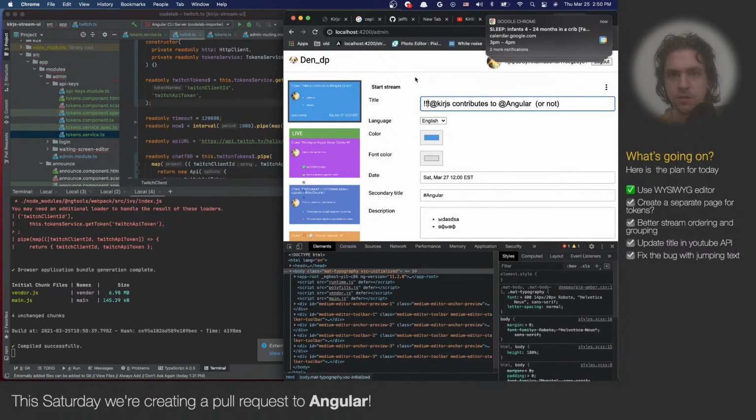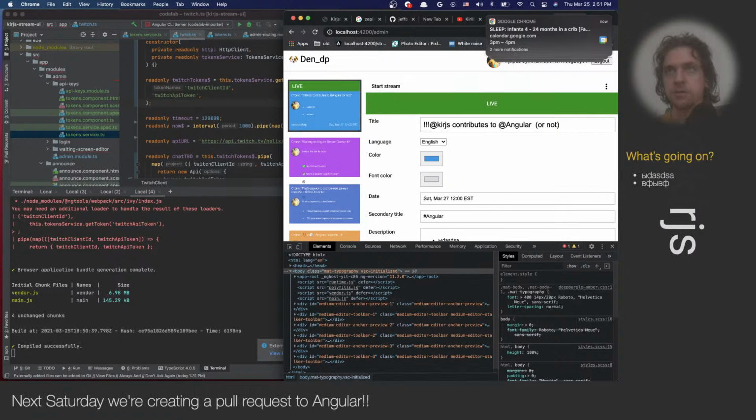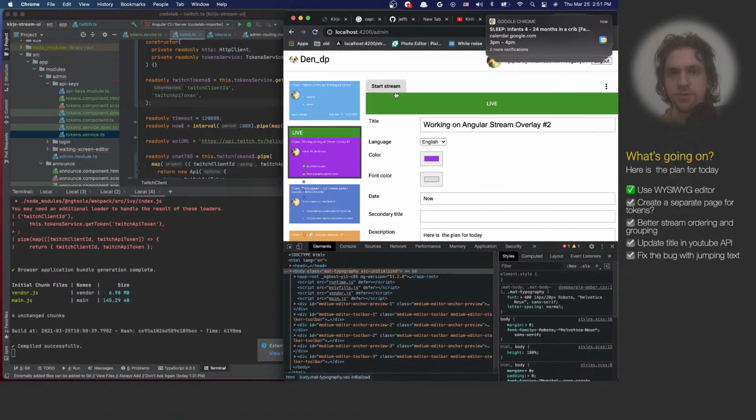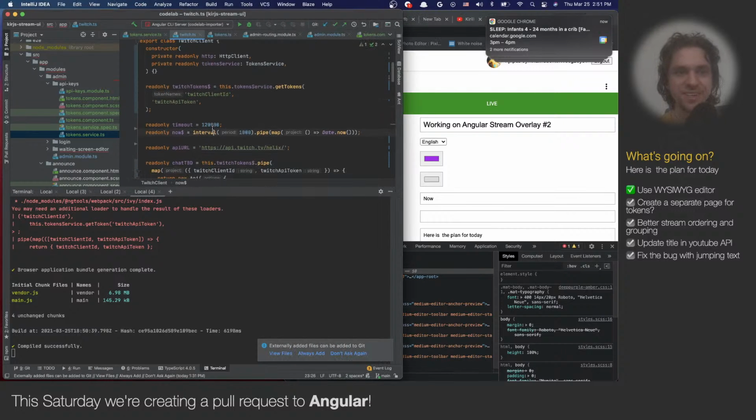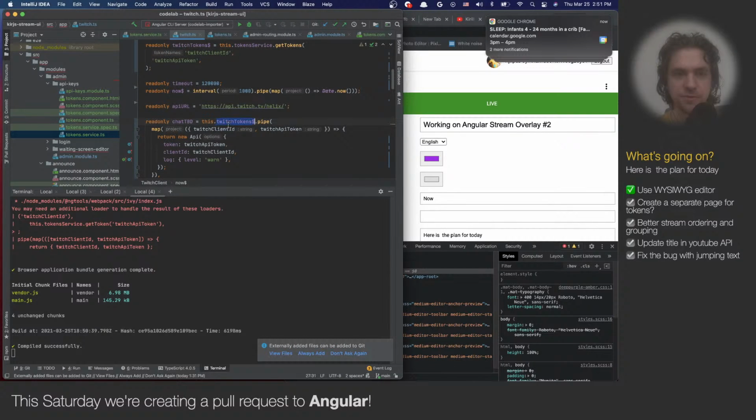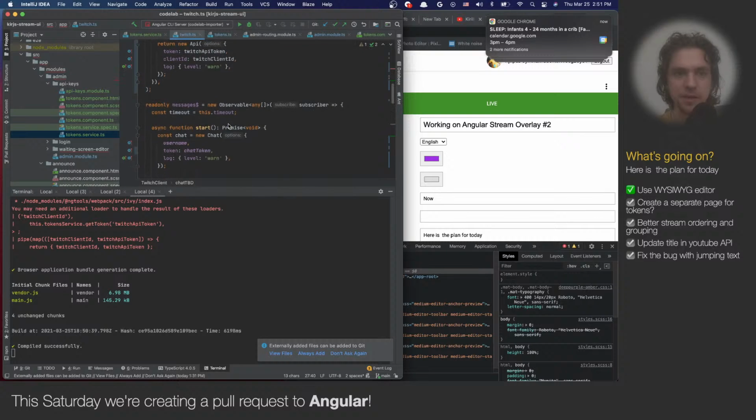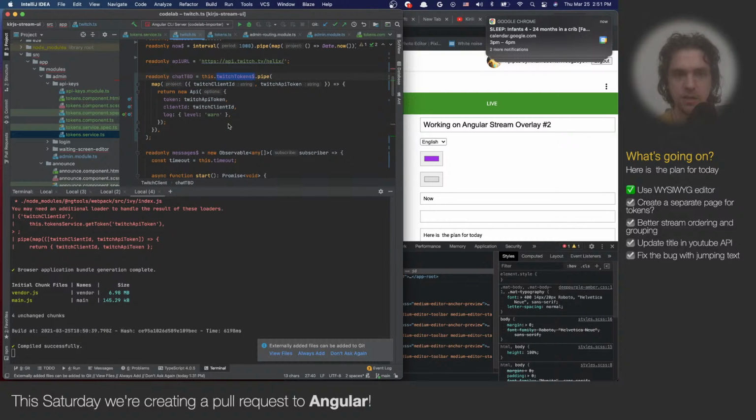So I add a couple exclamation marks. I hit start stream. It seems to still work. That's very impressive. Cool. So now, with that wonderful knowledge, we can create a new chat client using